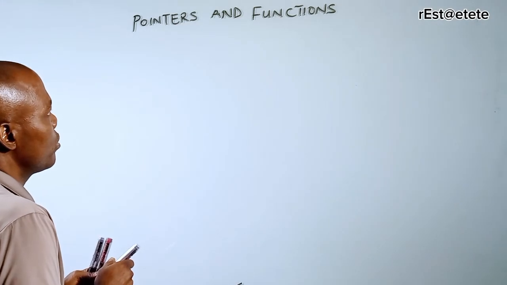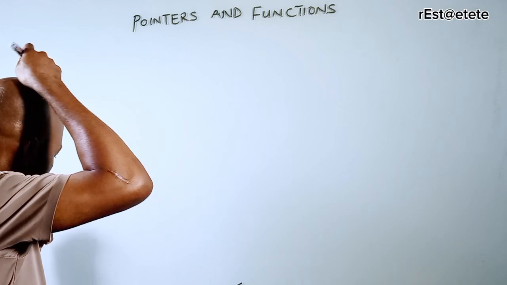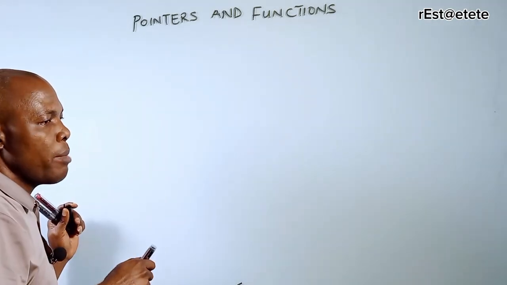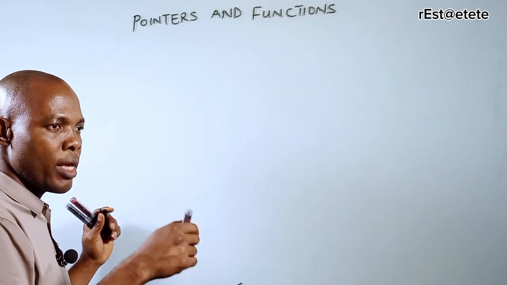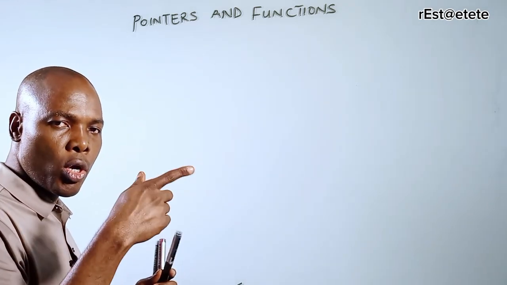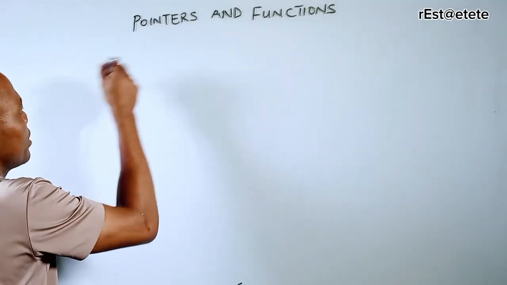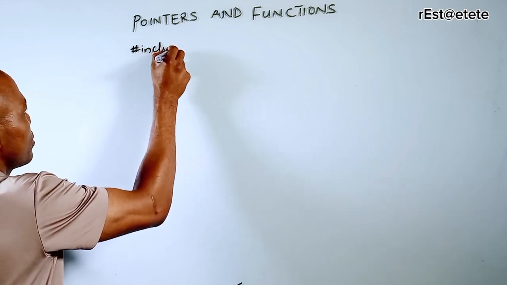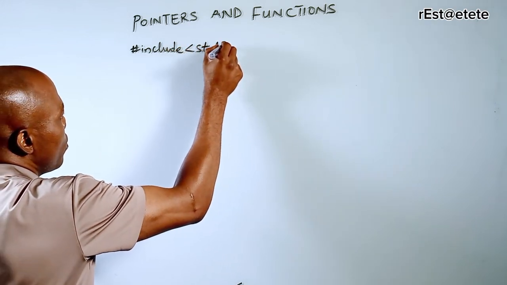The first concept is calling a function by reference. The next class I'll teach you function pointers, where you can actually store the address of a function in a pointer and then call that function dynamically. So the first thing is, I would say, include stdio.h,